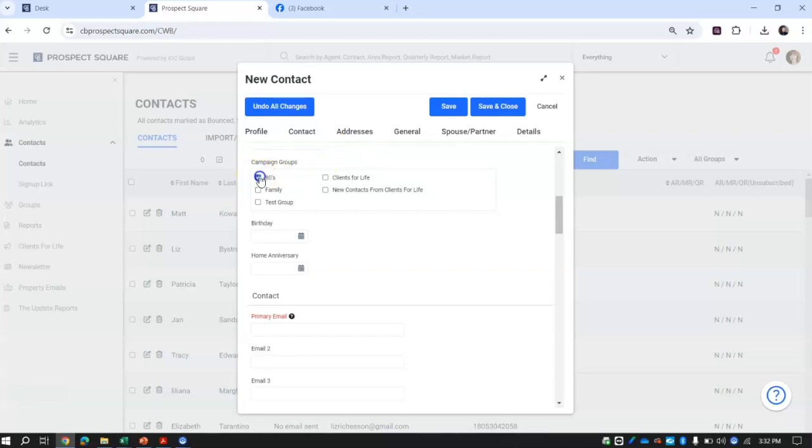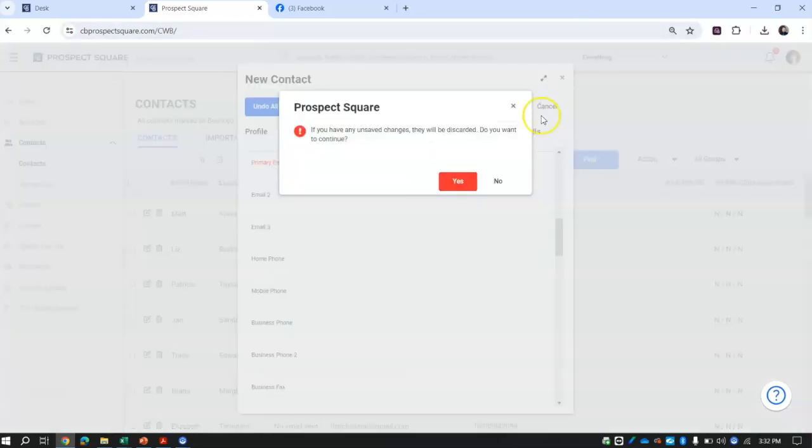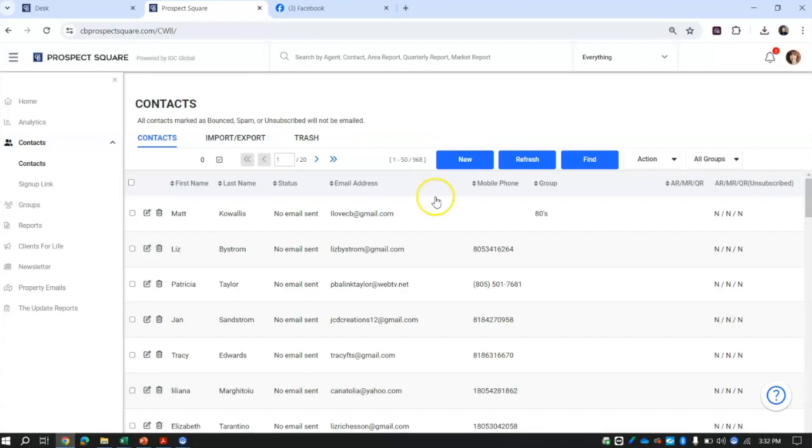So in this case, I'll just select the AD's account. And then for the primary email, I can just go ahead and type in that email here. Once we've got that all done, then we can go ahead and hit save and close, and that new contact will appear. Now, if I need to go back and edit a contact for whatever reason, I can just select this pencil tool here with the box. I can also delete a contact,